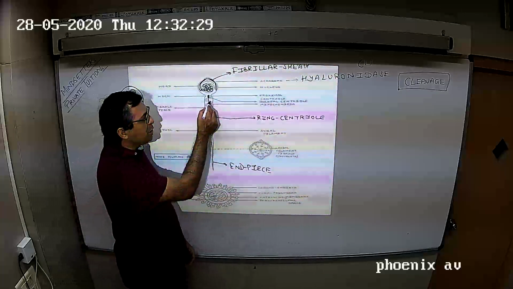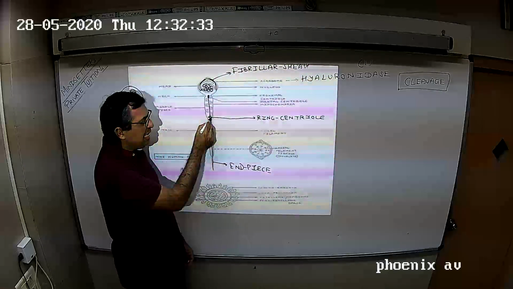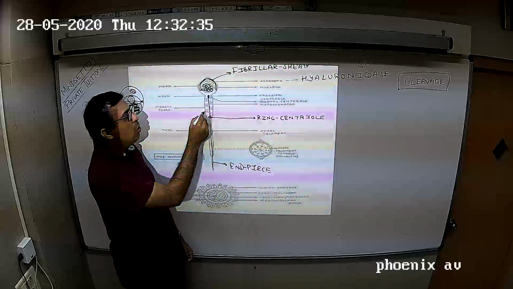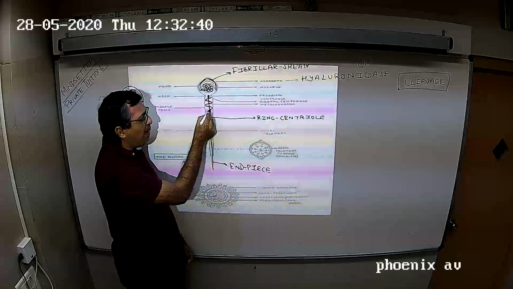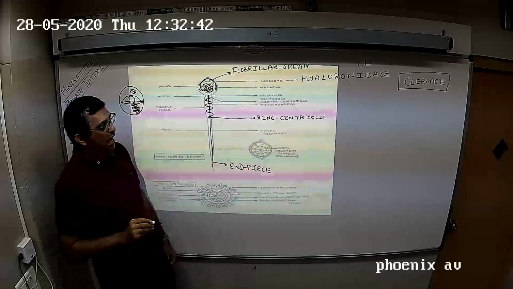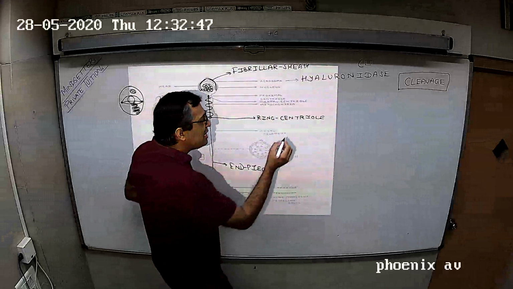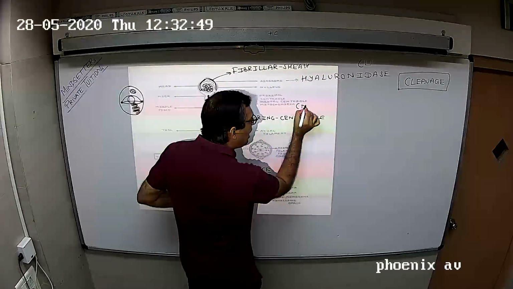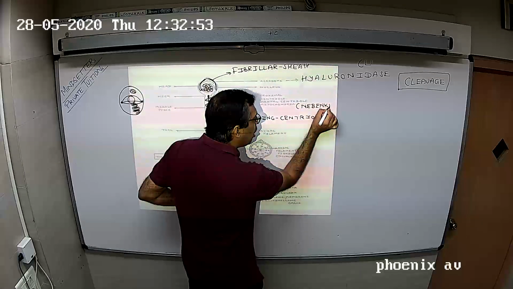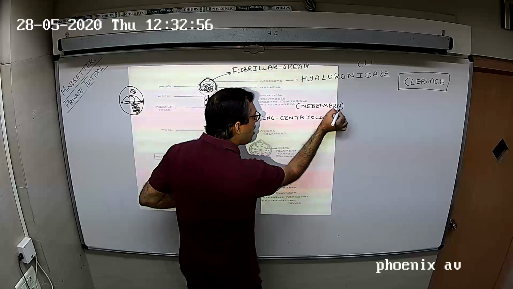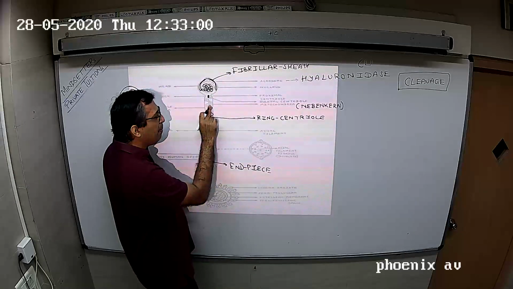In the middle piece you have spindle fibers, we have the ring centriole, and along with it we have a spiral shaped mitochondria. A spirally arranged mitochondria. Such a mitochondria is called the Nebenkern. What is a spiral shaped mitochondria called? The Nebenkern. And this Nebenkern